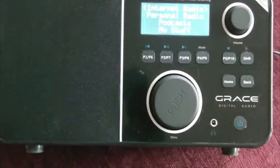So I think the Grace Innovator X is a really nice internet radio. It just gives you so many possibilities for listening to all sorts of things. If you like to explore radio, you're going to love the Wi-Fi capabilities of the Innovator X. And if you just want to listen to music you already have on another device using the auxiliary input, you can do that as well. The wood case gives it a nice rich sound,